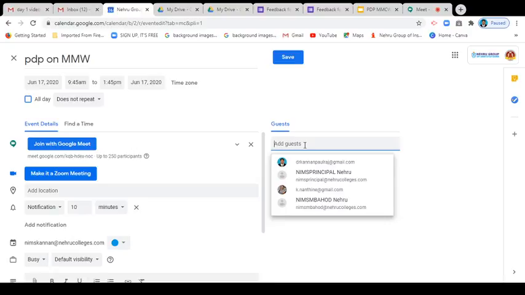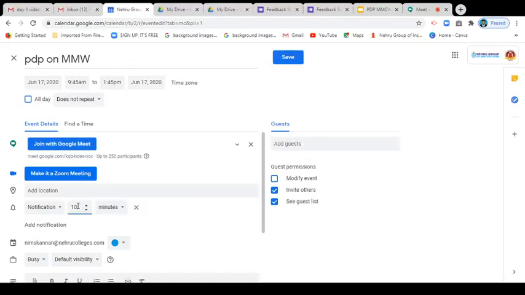Or if you want to add more participants, or your management, your principal, your director, your correspondent, you can type their mail ID and automatically it is sent to the mail. At the same time it gives a notification reminder. You can set whether the reminder is 30 minutes before or 10 minutes before. So whichever you want, you can create it. And finally, don't forget to click the Save button.